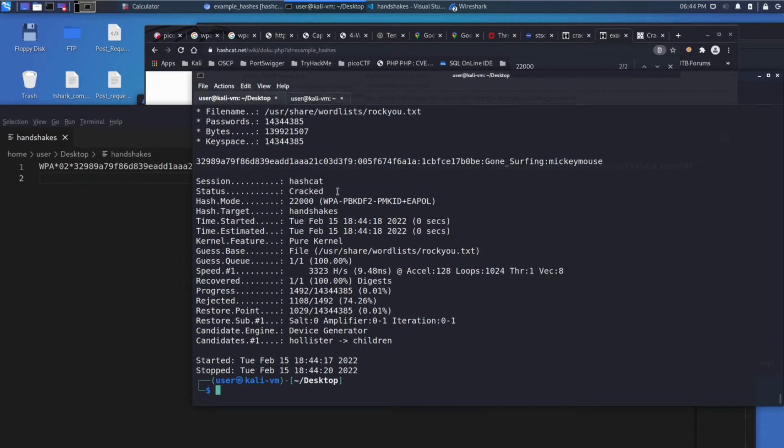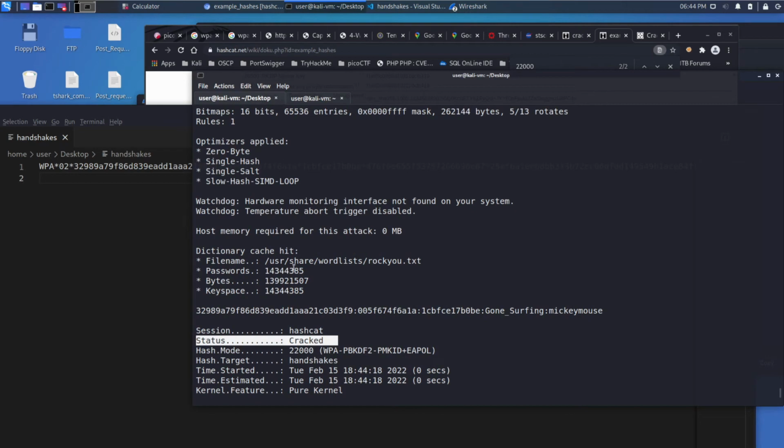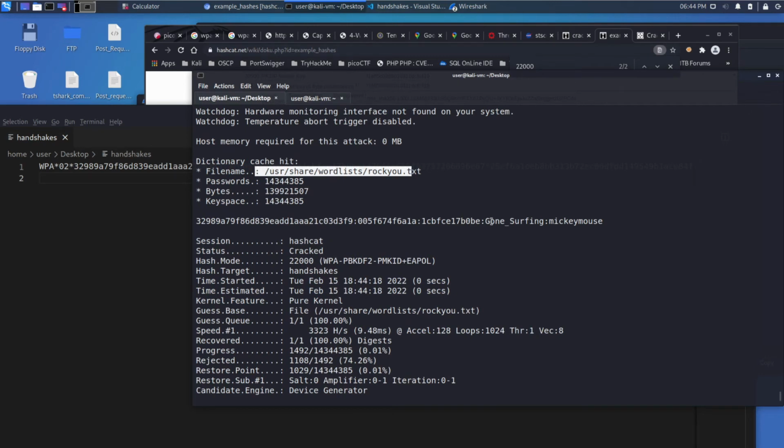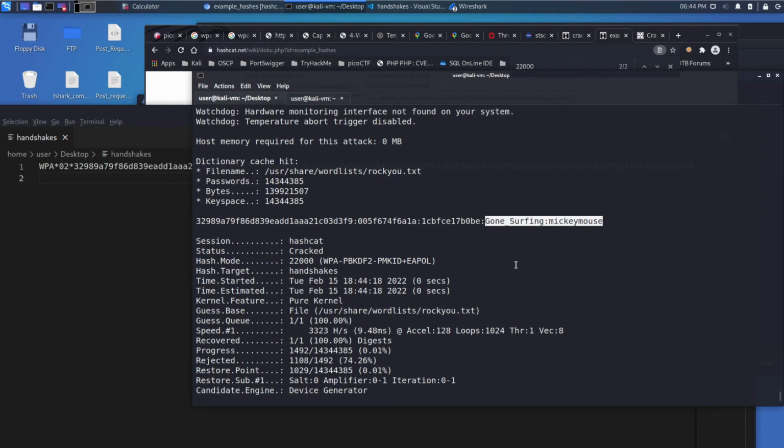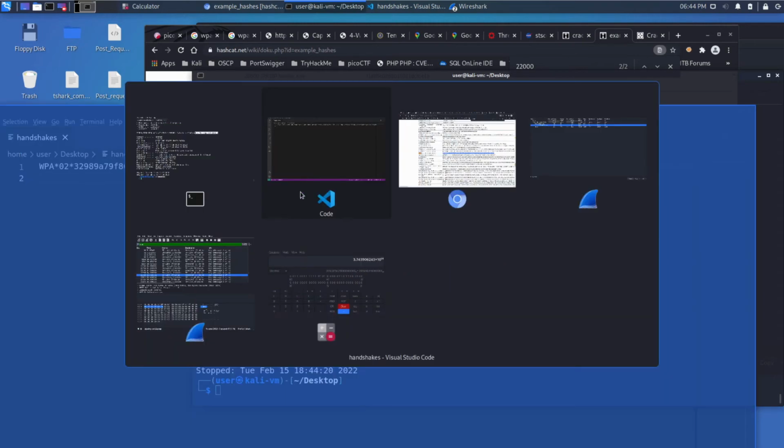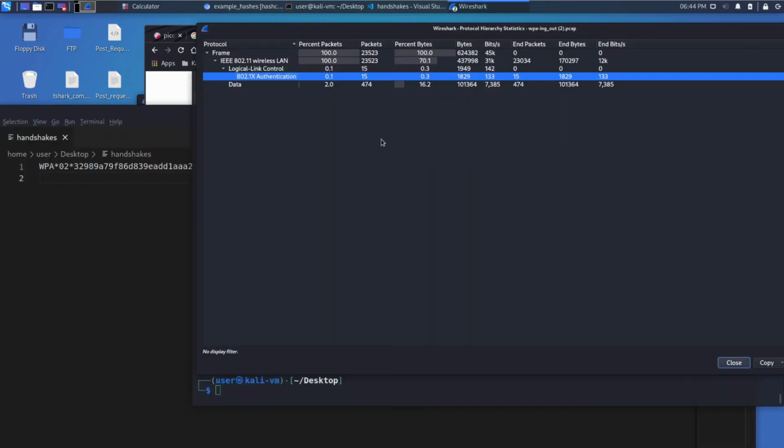And perfect. It was very easy to crack. You can see that we initialized, we started using this dictionary here, and then we got a hit here, and we have two things. We've got Gone Surfing and Mickey Mouse. Why do we have two things? What's going on? Well, if we go back to